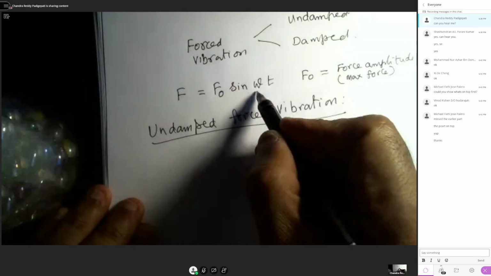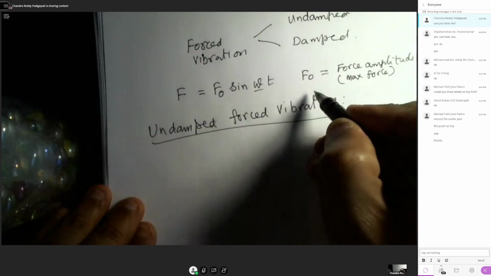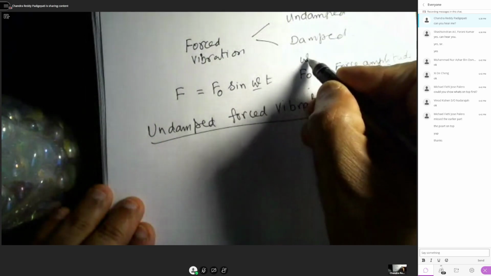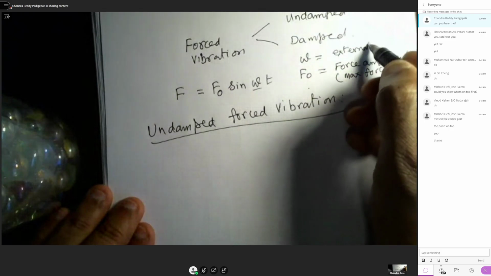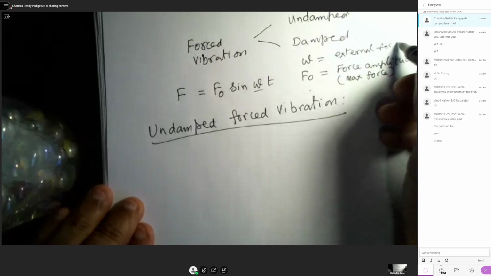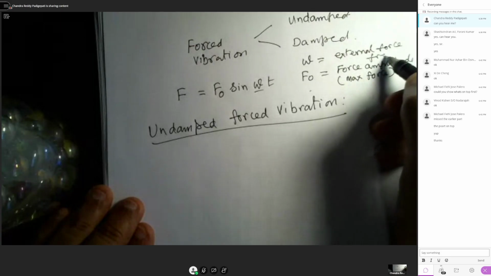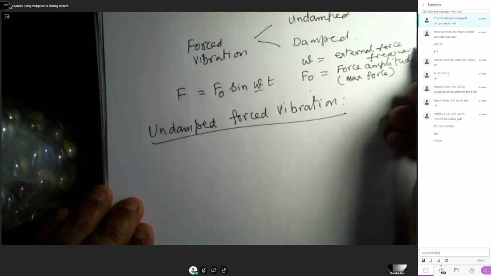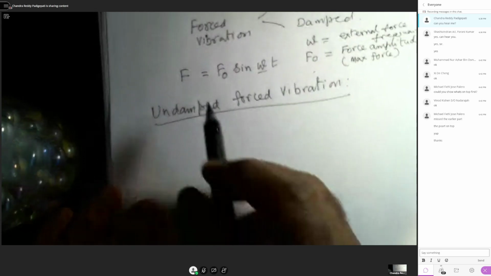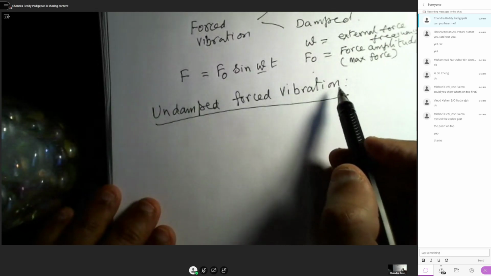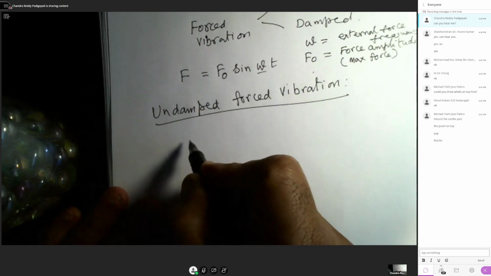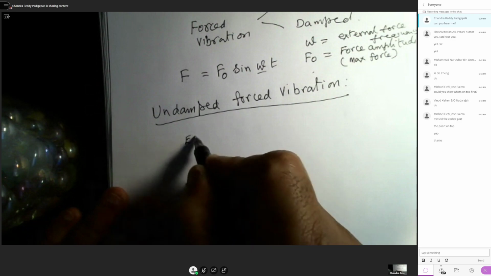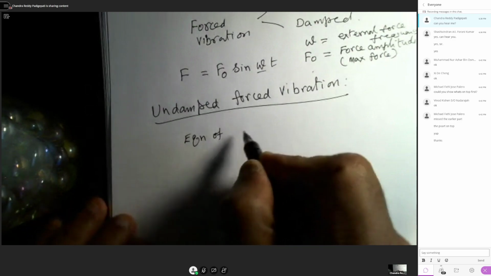Omega is the external frequency, you can say the force frequency. All right. So when we talk about the undamped forced vibration, the equation of motion will be